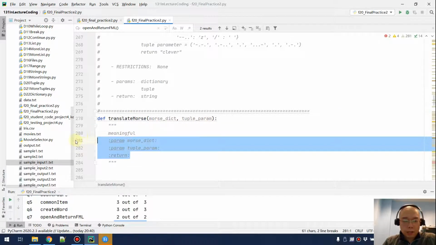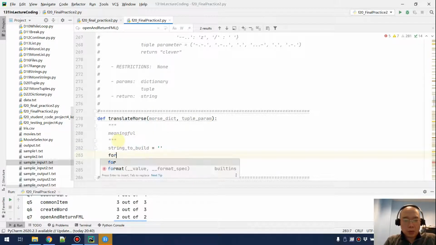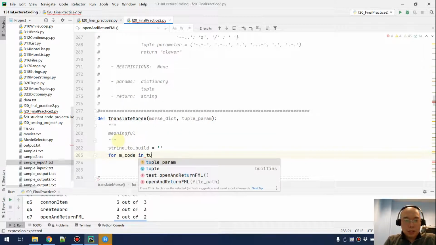After that, I want to create a string because for each character I'm going to translate from Morse code into a specific English character. So that is the string to build equals the empty string, and then I want to do for Morse code in